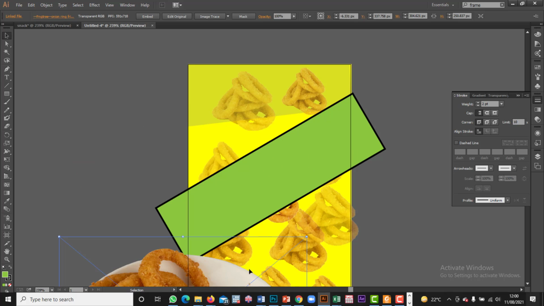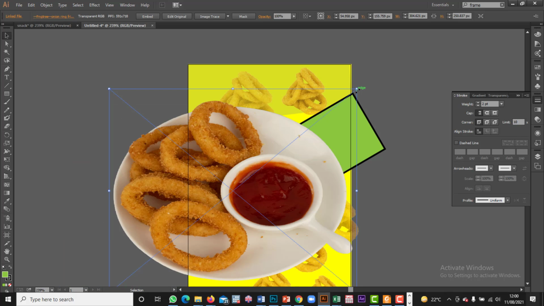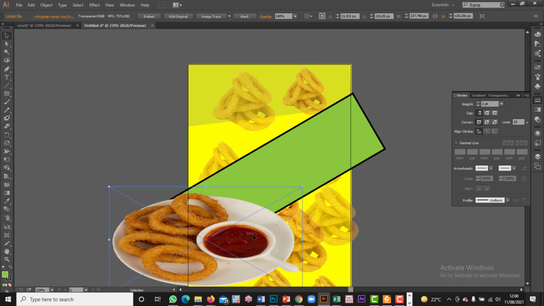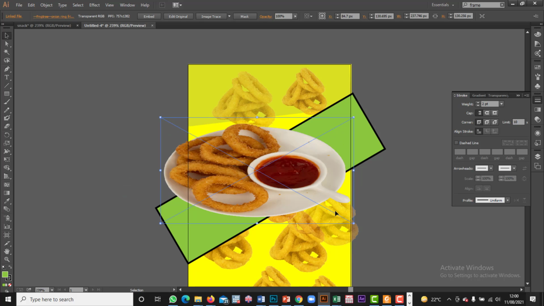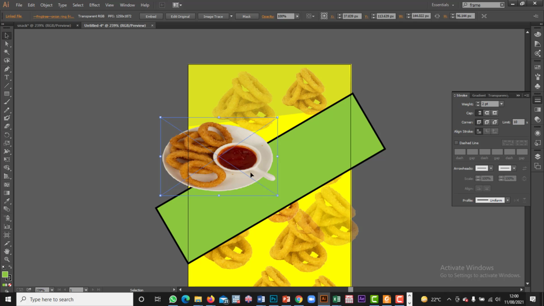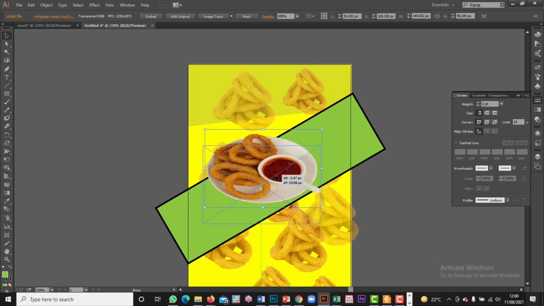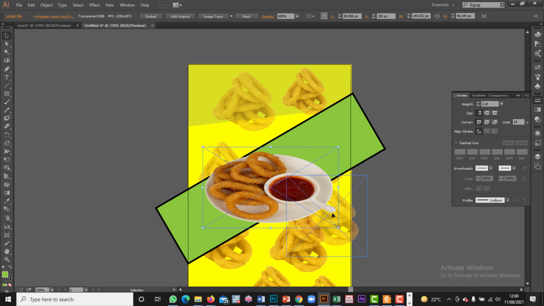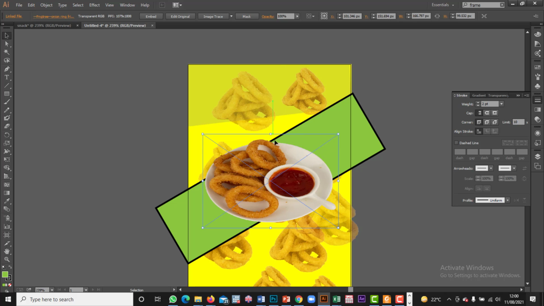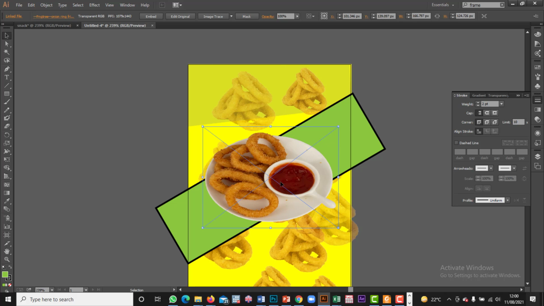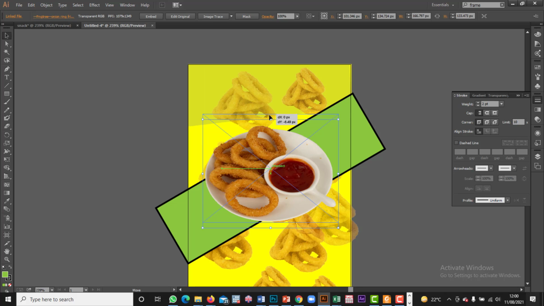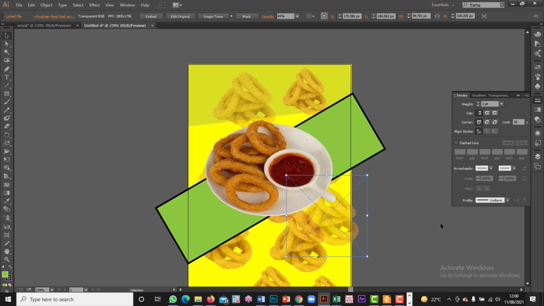This plate is in 3 dimensions, so I want to make it actually seem, as you can see, this is,